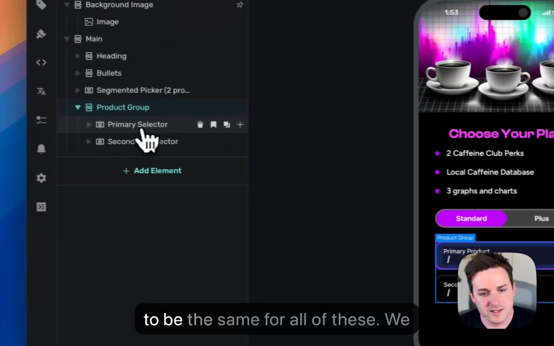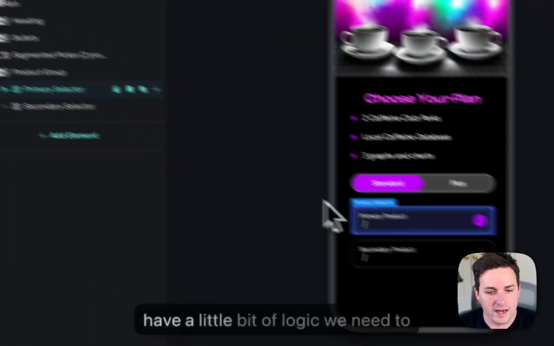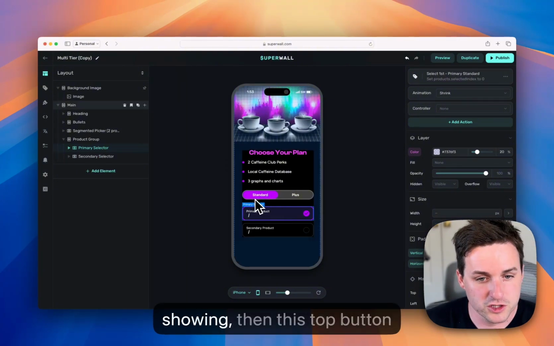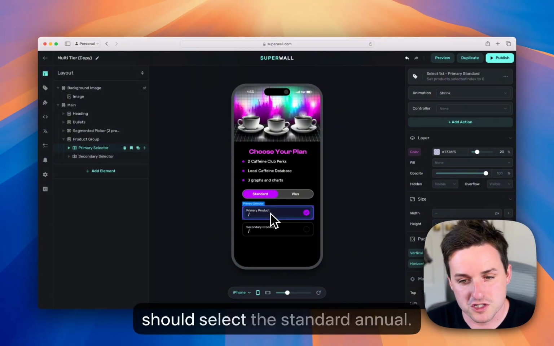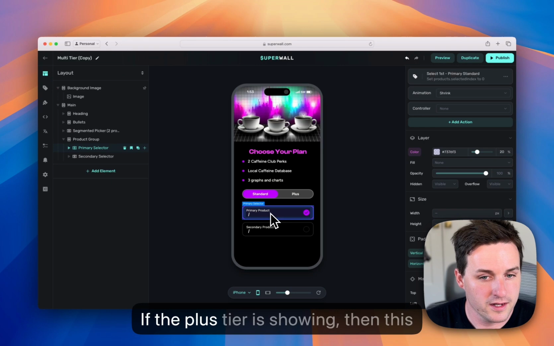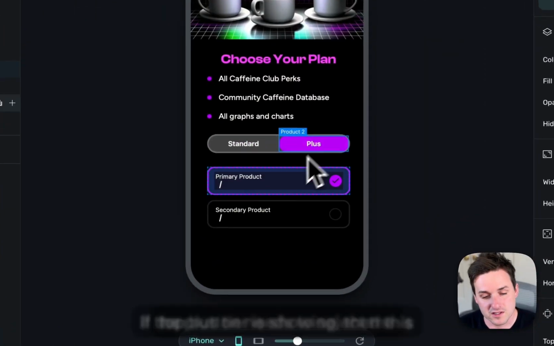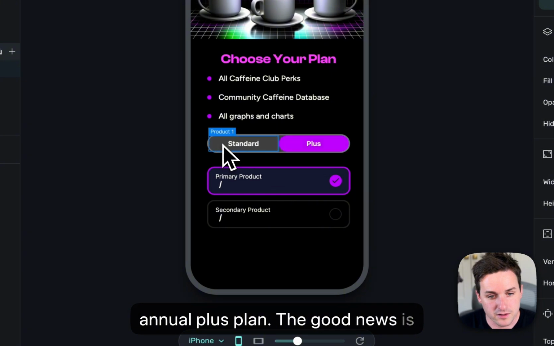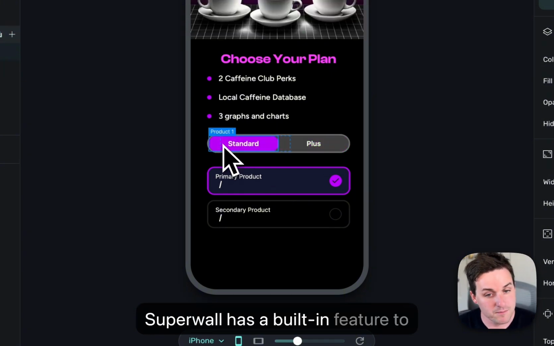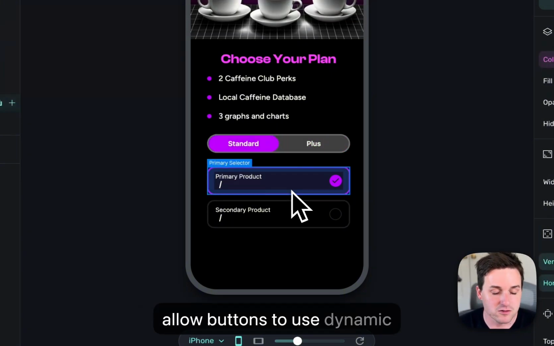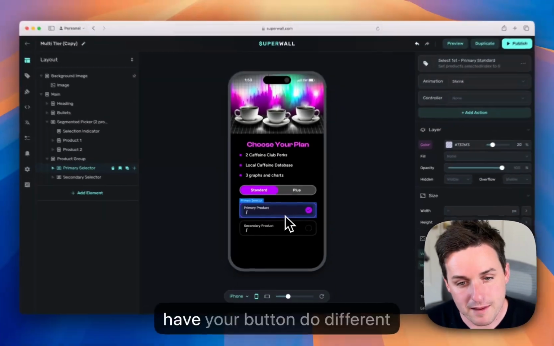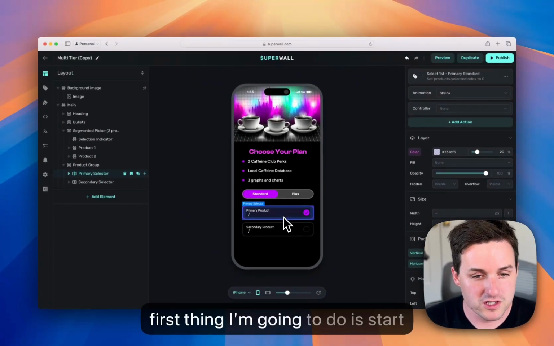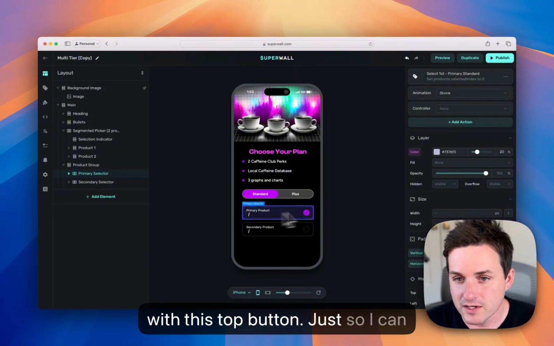Okay, so the idea is going to be the same for all of these. We have a little bit of logic we need to consider. If the standard tier is showing, then this top button should select the standard annual. And if the plus tier is showing, then this top button needs to select the annual plus plan. And the good news is Superwall has a built-in feature to allow buttons to use dynamic values too. So that means you can have your button do different things depending on a value. So the first thing I'm going to do is start with this top button,